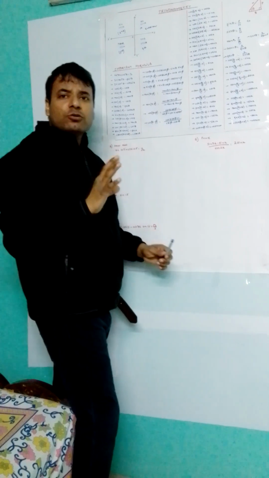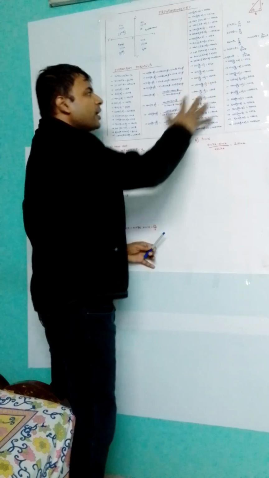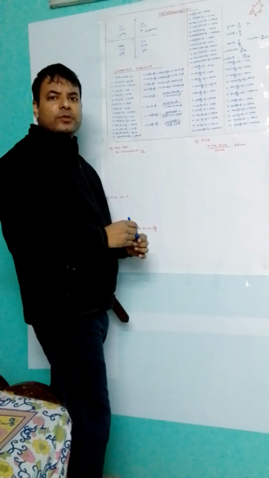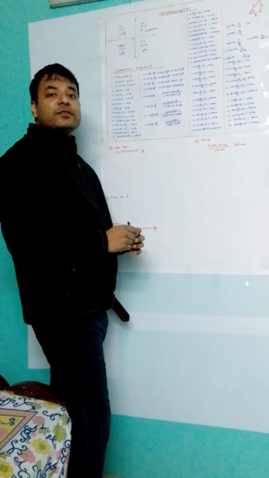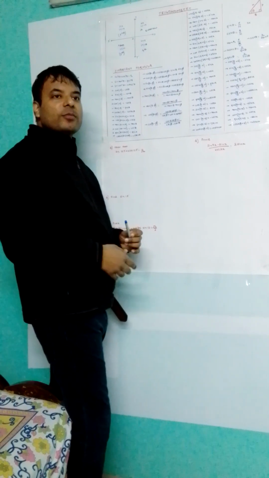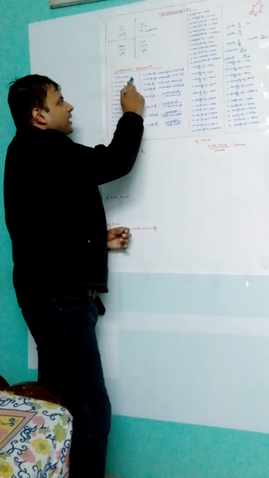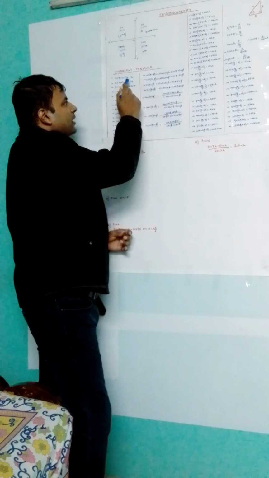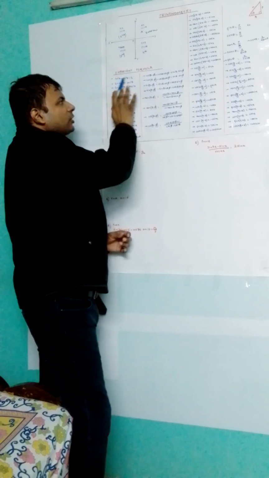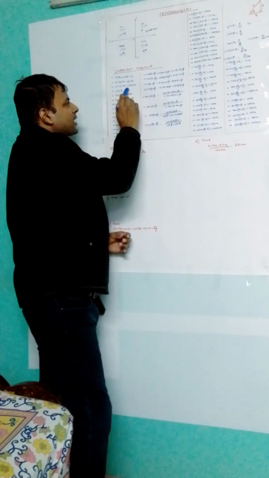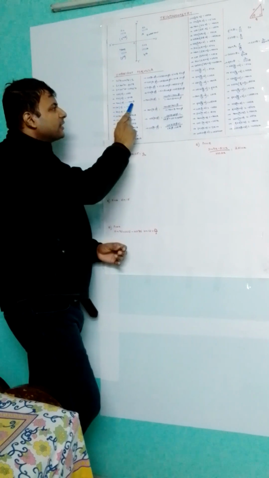Now to solve the questions of trigonometry, you have to learn all these formulas. You can see there are more than 50 formulas written here. Learning these 50 formulas is a pretty tough thing. I will give you a pretty easy way through which you will memorize all the formulas. First, see some of the formulas. Sin square theta plus cos square theta equals 1. 1 plus tan square theta equals sec square theta, and 1 plus cot square theta equals cosec square theta. Three basic formulas. Cos of minus theta equals cos theta, sin of minus theta equals minus sin theta, tan of minus theta equals minus tan theta.